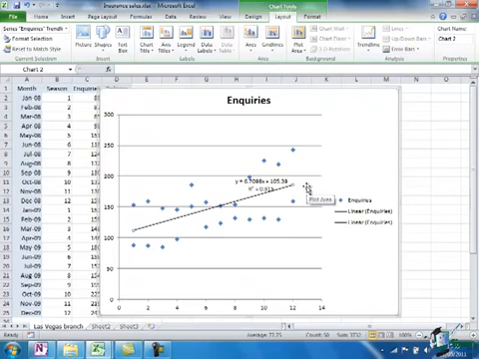Now these two actually define the relationship between the two variables. Unfortunately it's going to refer to our vertical variable as y and our horizontal variable as x, and what it says is that the relationship, such as it is, is that y is just over 6 times x plus about 105. The R-squared value is referred to as the correlation coefficient, and that correlation coefficient tells you how closely related